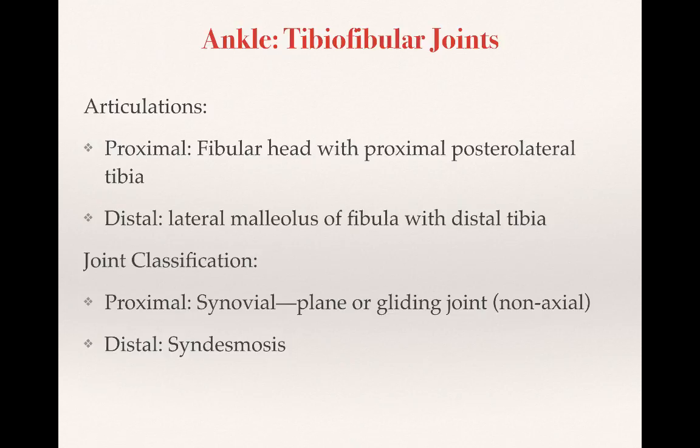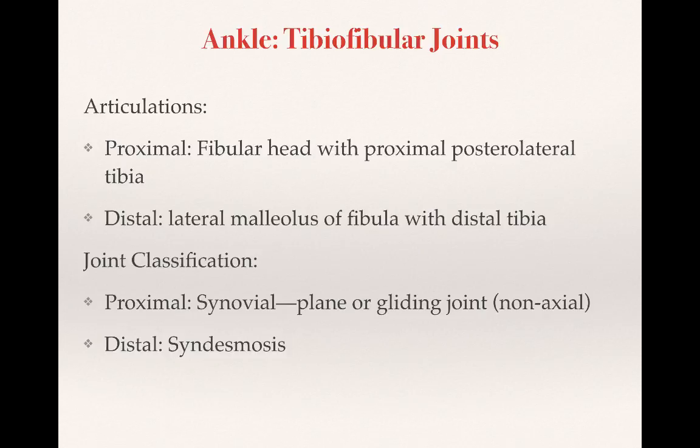The proximal joint has a joint capsule, ligaments, and other characteristics of a diarthrodial joint. So this is a plane or a gliding joint. It's a non-axial joint. Distally, it is held together by a very tough fibrous membrane. And so this is a syndesmosis joint. It has very